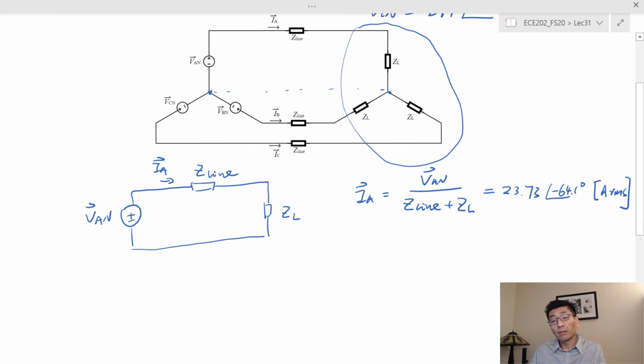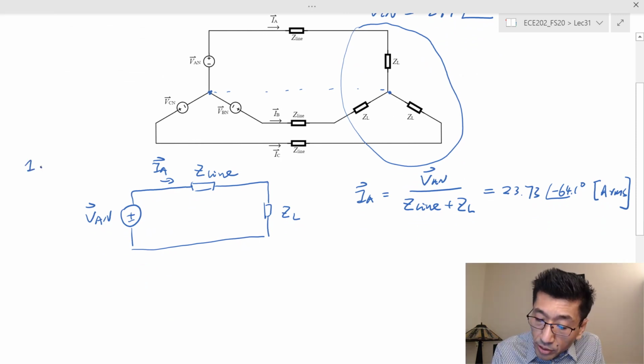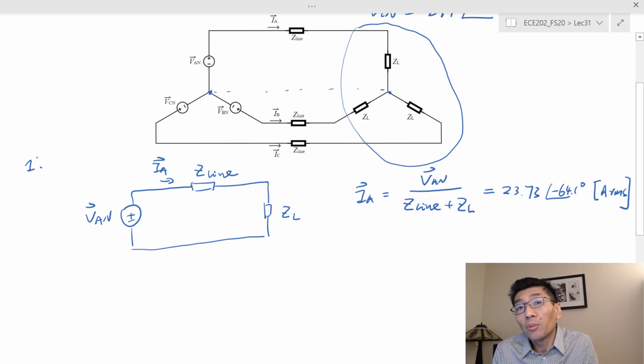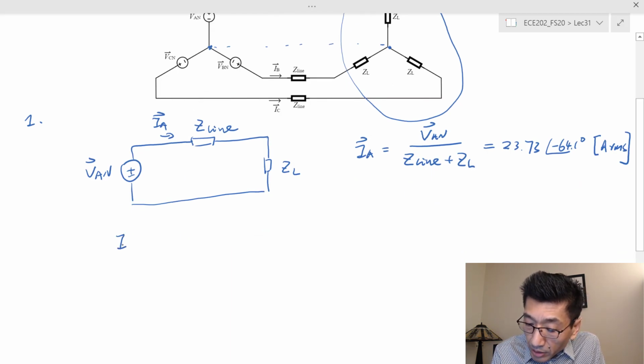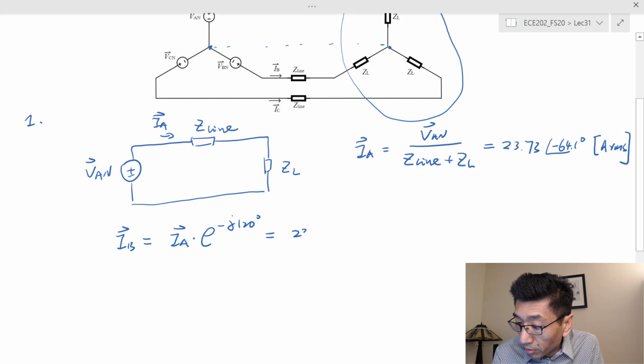So once I figure out IA, this is the first step. Once I figure out IA, I don't need to calculate IB and IC separately. I just use the property of the positive sequence, because I know that IB is going to be lagging IA by 120 degrees, with the same magnitude. So IB is going to be equal to IA times e to the negative j120 degrees. So that's going to be equal to 23.73